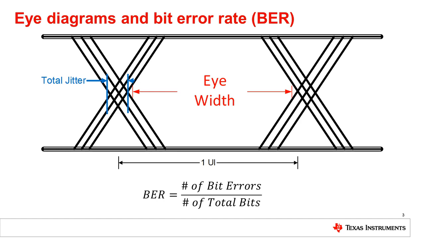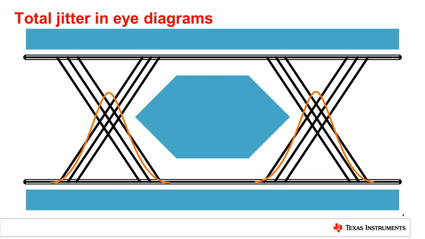In system-level validation, it can be useful to understand how different amounts of data are affected by a given channel, especially at the intersection of total jitter and BER. Initially, it may be useful to think about total jitter as a single measurement of the amount of timing variation we have in the eye diagram, as we have seen previously.